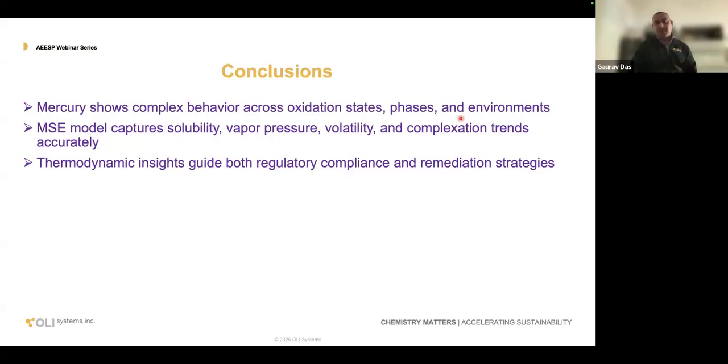So what we have done here: mercury shows really complex phenomena, including oxidation state, redox phenomena, and the different phase separations as a function of pH, with volatility, different vapor pressure and solubility of different phases, and all these different thermophysical phenomena are being well modeled using the MSE thermodynamic framework, which gives good insights to devise separation processes to actually comply with regulatory and remediation standpoints. After mercury,